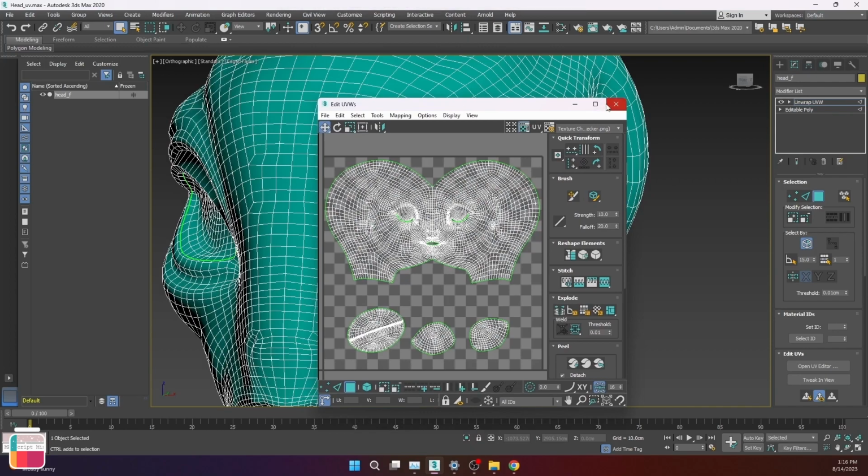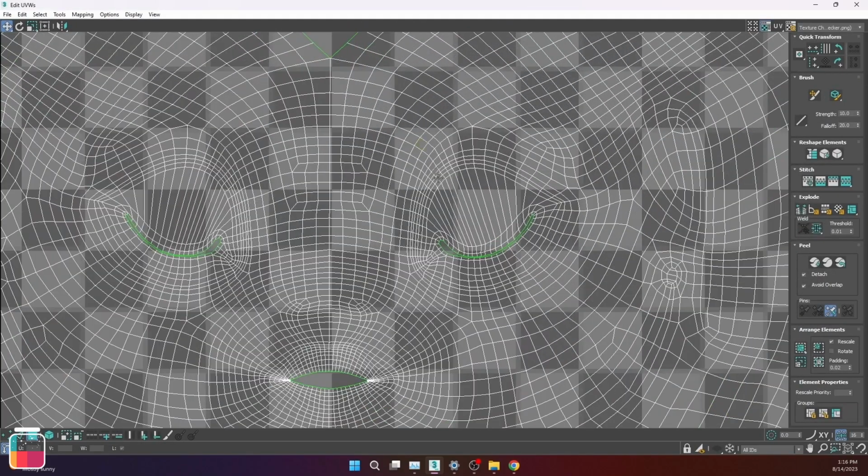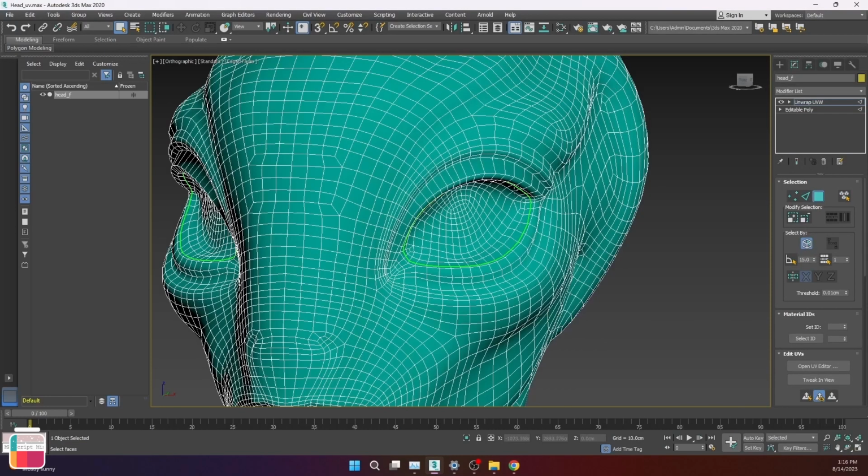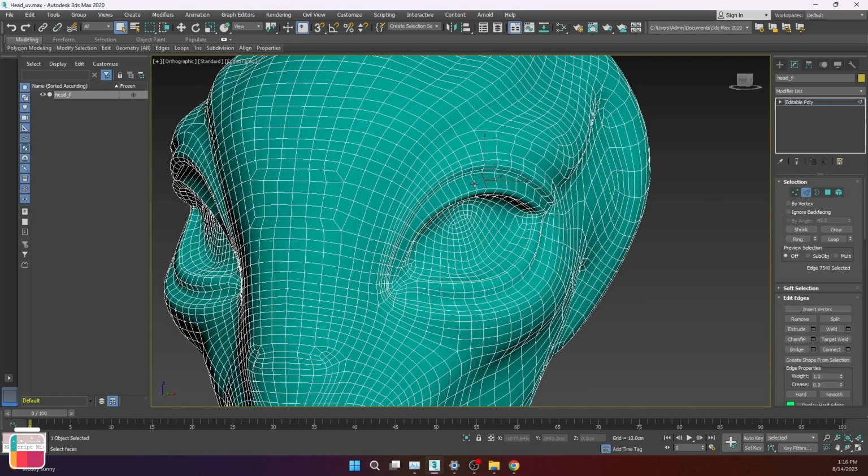To prevent unnecessary texture stretching during blinks, I've created extra space for the upper eyelids in the UVs. Also, I added extra loops in that area.